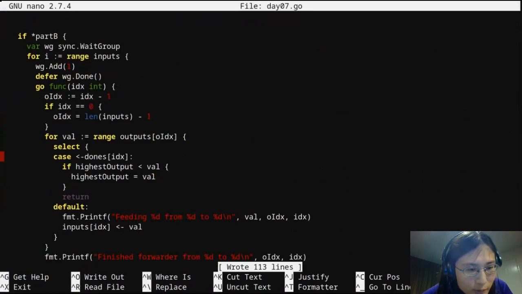This return is never being called. Oh, because it reads a value. Yeah, this case is never being triggered because I output a value.